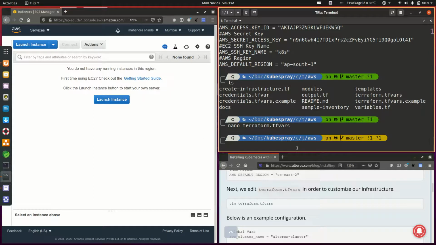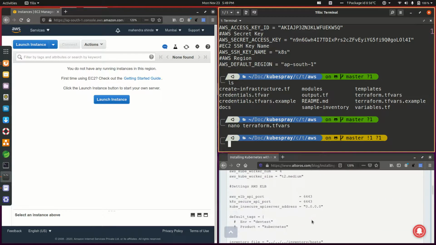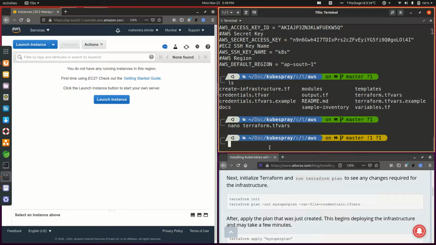So what I'll be doing now is I'll be going to deploy this. So wait a second. From this directory, let me run terraform init. Terraform init is actually a command that will scan your Terraform file, terraform.tfvars file, and then it will identify what all AWS resources need to be created out of it, and then it will make sure that the Terraform extensions or modules, which we call it in Terraform, for creating those necessary AWS components, whether they are available in your system or whether they need to be installed.